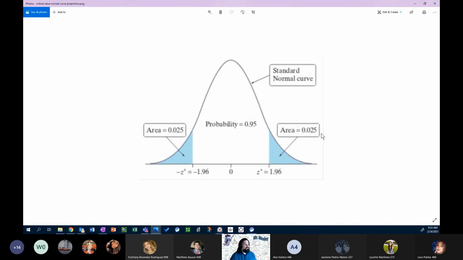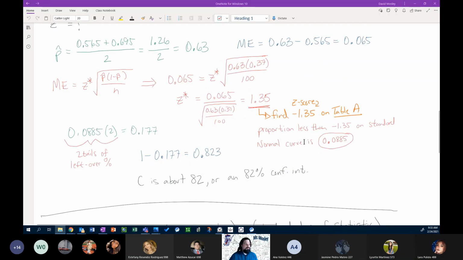All right, so this kind of shows that. This is for a 95% confidence interval, right? We're capturing the central 95% of the distribution, leaving area in both of the tails that is excluded, right? When I find the z-score of negative 1.35 on Table A and trace it to the interior for the proportion to the left of that value,